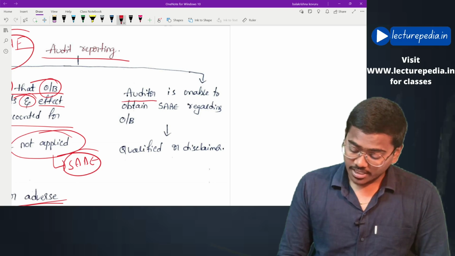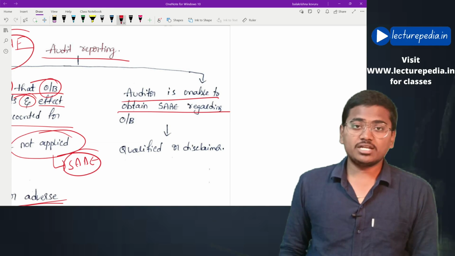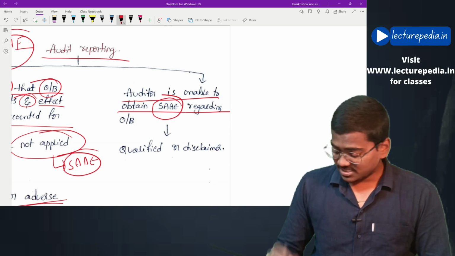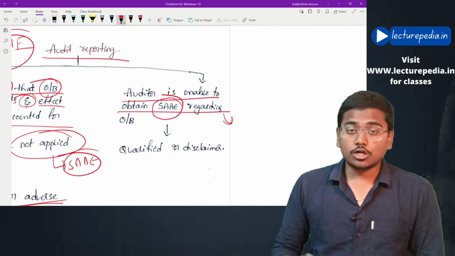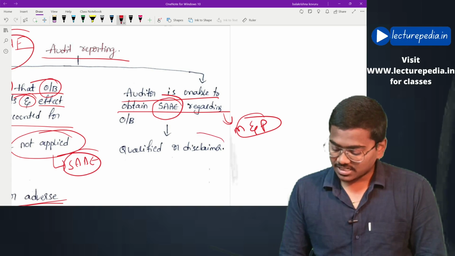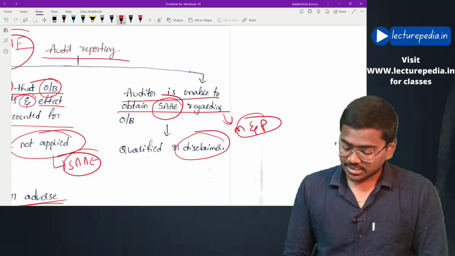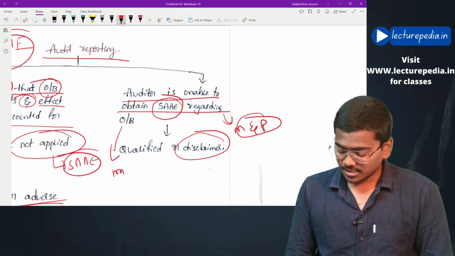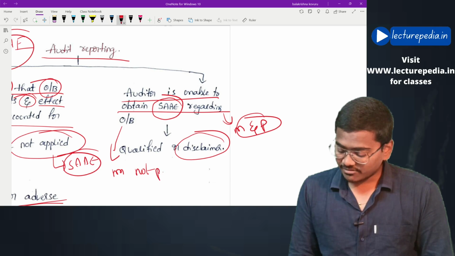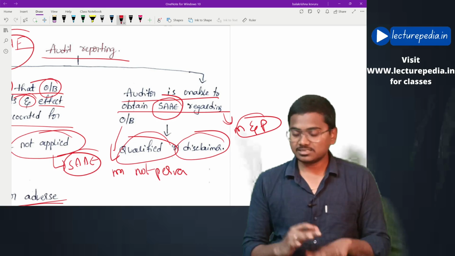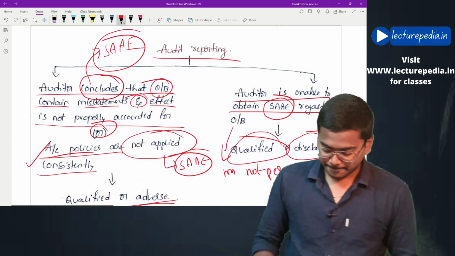Next, if the auditor is unable to obtain sufficient appropriate audit evidence, and he feels that misstatements are both material and pervasive, then he will disclaim the opinion. On the other hand, if he feels that misstatements are only material but not pervasive, in that case he will give a qualified opinion. Okay, this is the reporting aspect. Next,